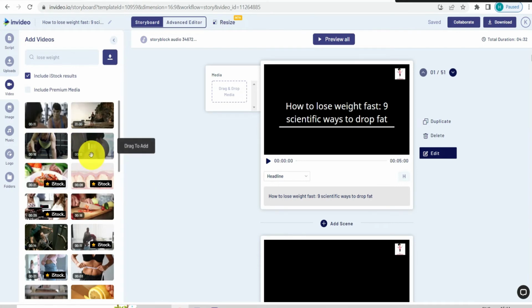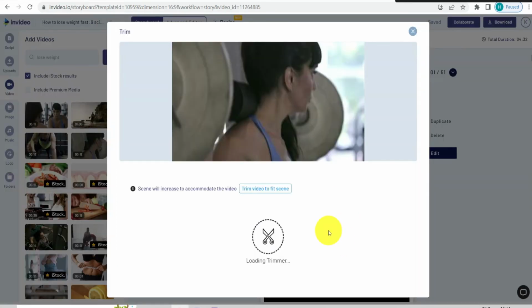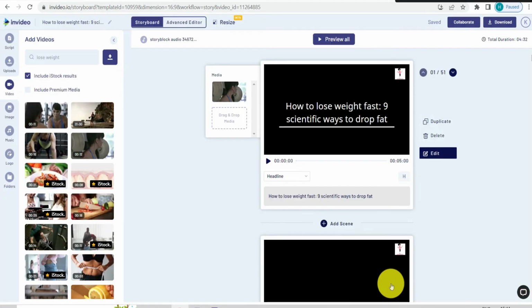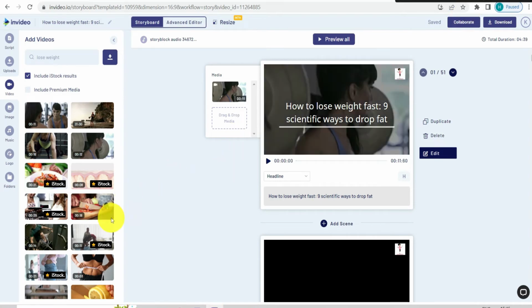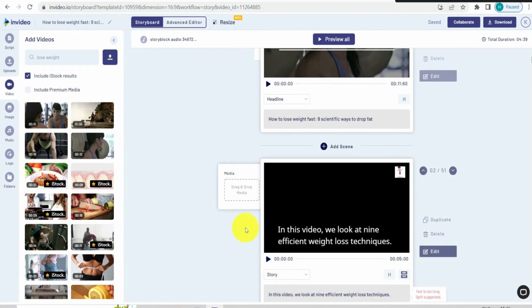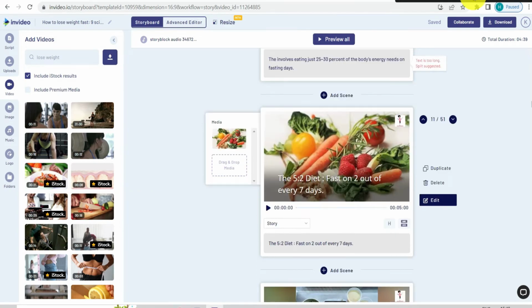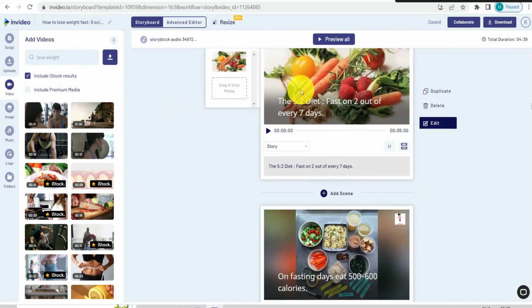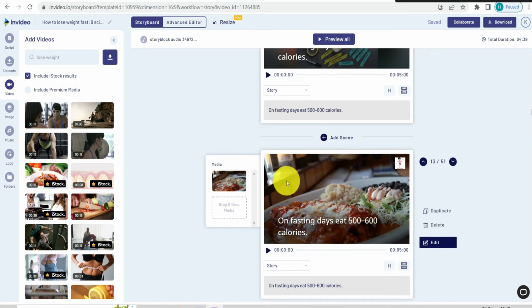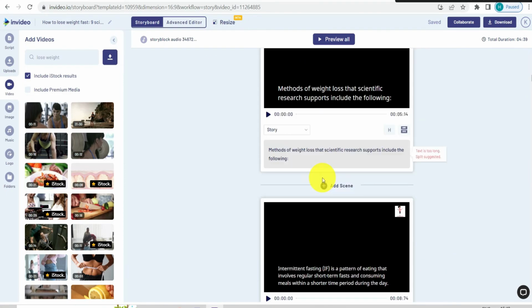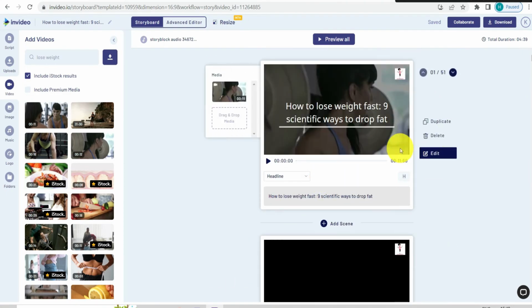You just have to select the video and just drag it and drop it here. Similarly, I'll just do it for the second scene also. And here, as you can see, for all these scenes, InVideo has automatically selected the video clips